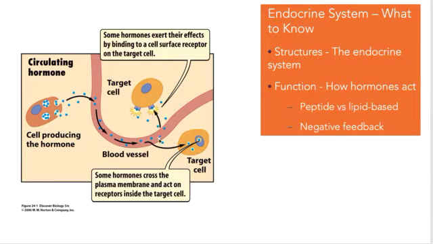And that cell is called the target, or is a target cell. And that cell is a target because it has receptors that are sensitive to the hormone that is being released in the blood. There are two kinds of hormones: peptide hormones and lipid-based hormones. I'm not going to draw a distinction here, but I'm going to give you an example of peptide. Peptide hormones have to bind to surface receptors. Lipid-based hormones, like testosterone, can go inside the cell, but peptide hormones like insulin have to bind to the surface